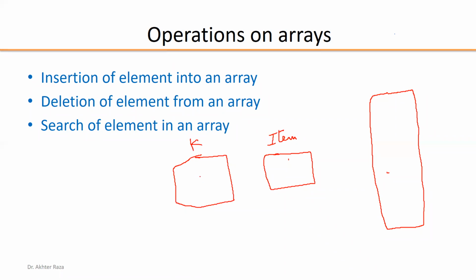Suppose we want to insert at position number 2. Suppose I want to insert Ali at position number 2. So who is at position number 2? Someone is already there at position number 2. So we have to start from the bottom and move all of the elements one by one to the next places. And after position number 2 becomes vacant, the data of Ali is to be stored at position number 2. This process is called the insertion operation.